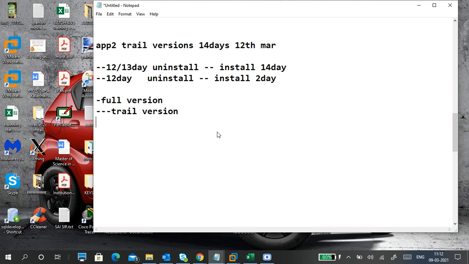But still, we don't put public internet everywhere, right? So we sometimes use applications not connected to the main servers. In that case, you install a full version but it shows the trial version, or you put in a key to activate the full version but it becomes a trial version again.